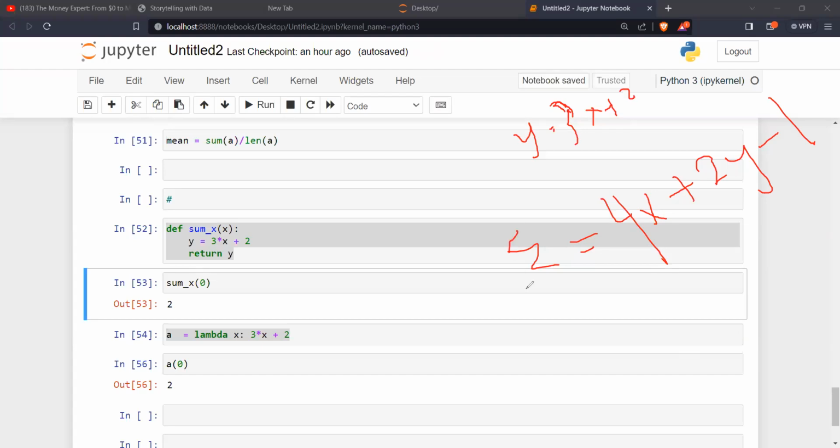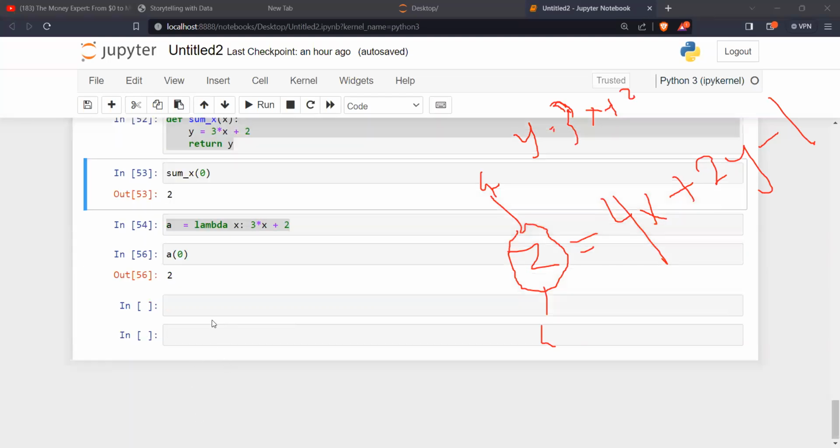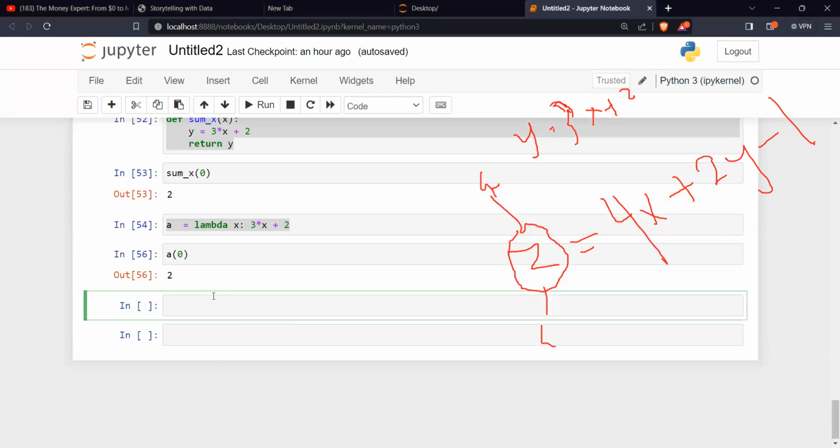It now depends on where it is to be either a local variable or a global variable. If it's within a function, then it becomes a local variable. But if it's on its own, it becomes a global variable. So if I have two parameters here and I want to write a lambda function, how do I write a lambda function for it?